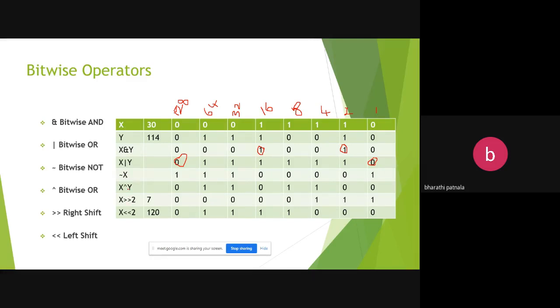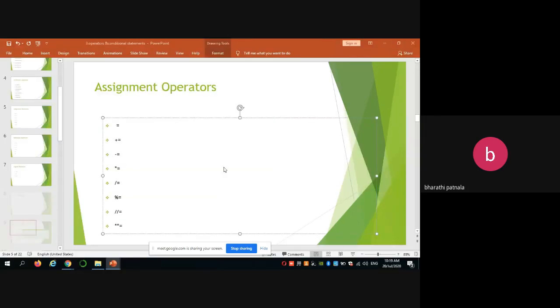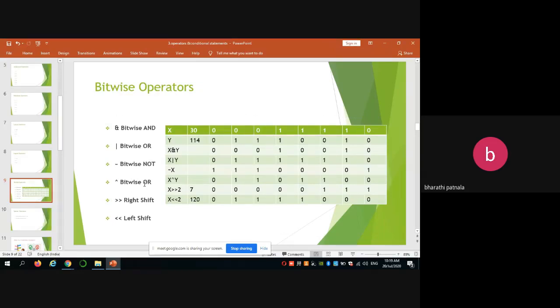Bitwise XOR. Sorry, this is not OR, this is bitwise XOR. Okay, so this is bitwise OR, this is bitwise XOR. XOR means if both the values are the same, then it returns false.